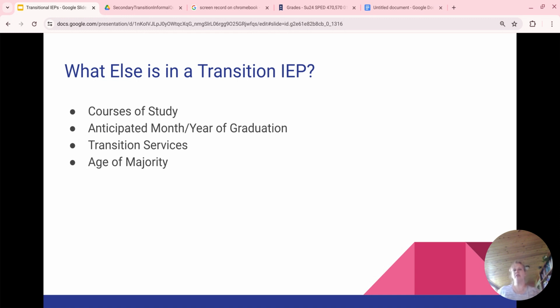So what else do you find in a transition IEP? Well, in the transition IEP, you also find that they list out the courses of study, the anticipated month and year of graduation, any transition services, and the age of majority. Beginning in the 9th grade, IEPs must list out current and projected courses of study for the student.